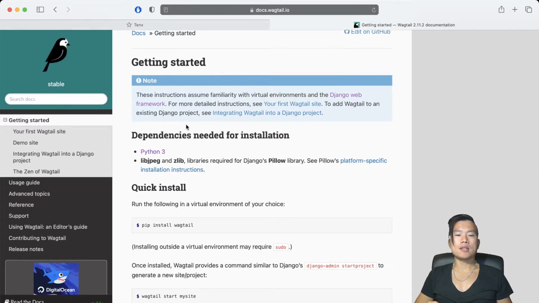The dependencies that we need to have solved before we even start with installation are to have Python 3, which I have already installed, and there's a requirement to have libjpeg and zlib libraries installed for Django's Pillow library. I don't have any of these libraries yet, so probably I should install those packages.